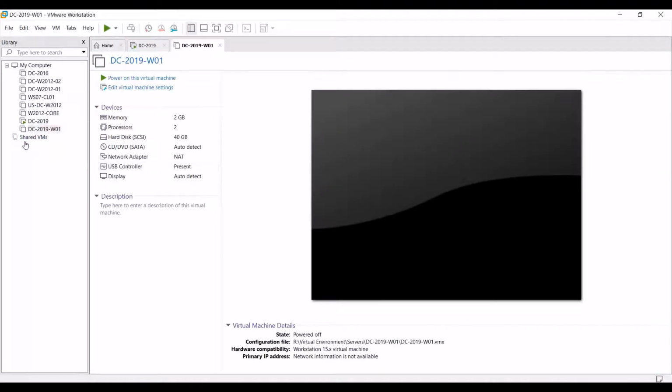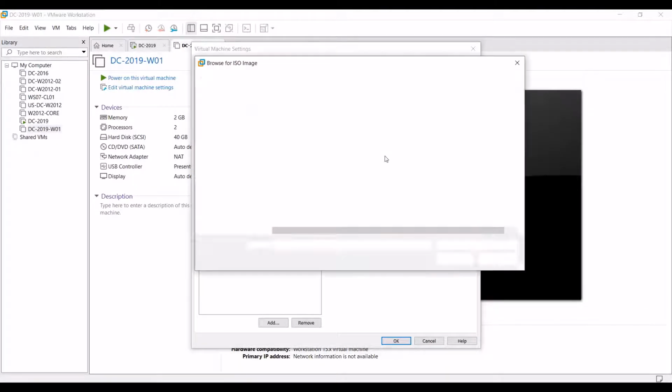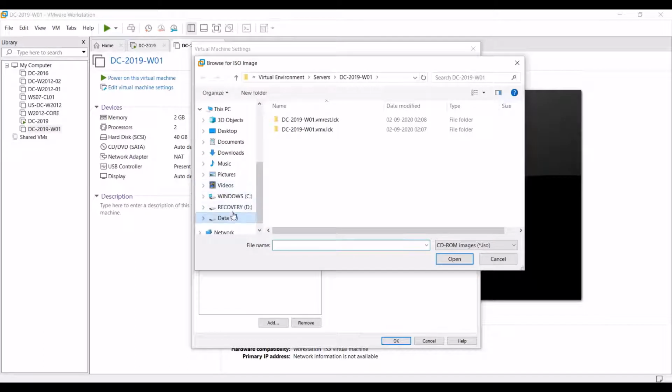So you will get the created server, 2019-W09, the server name. Now you can see the device with the configuration details here. You just need to edit this virtual machine. Click here to add an ISO image, the 2019 ISO image file. So I'm going to select